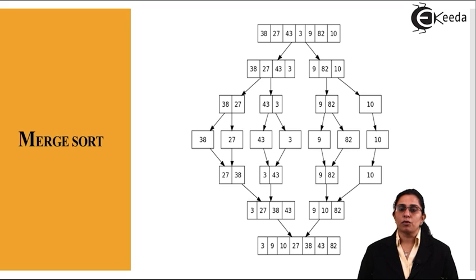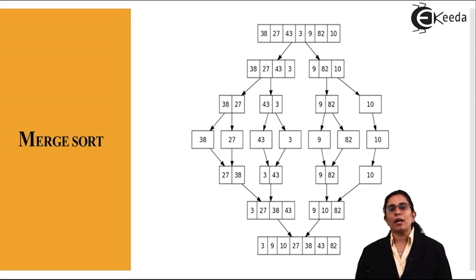So first 2 elements of 38 and 27 are taken, that is, they are merged together. As we are studying merge sort, so these 2 elements are sorted in between themselves. As 27 is less than 38, so 27 comes first and 38 goes next. Then we sort 43 and 3. That is, we conquer the 2 sub-solutions of 43 and 3 and merge them to get 3 and 43 as